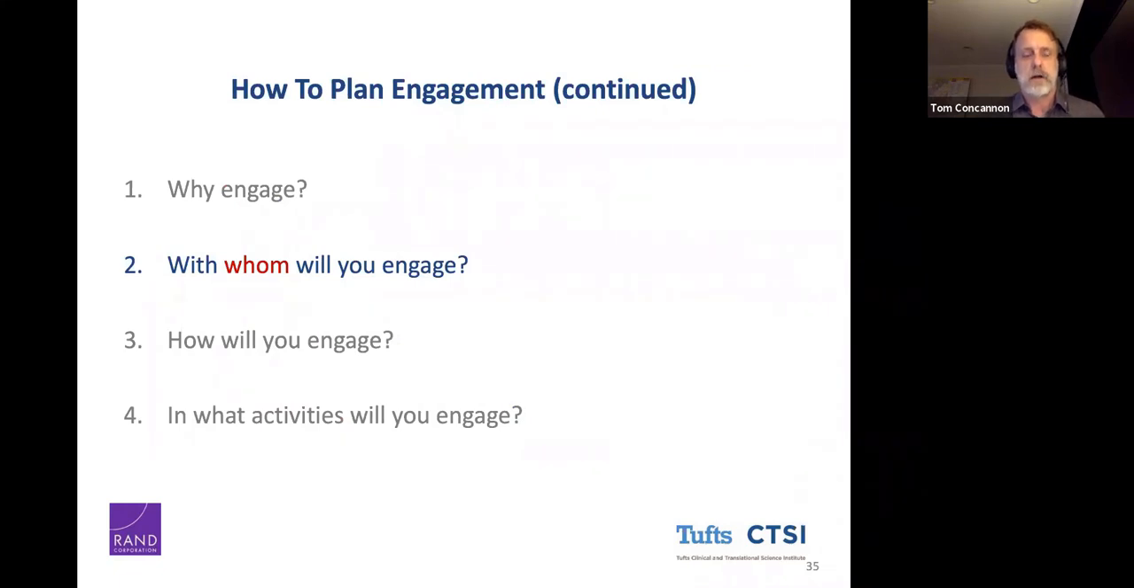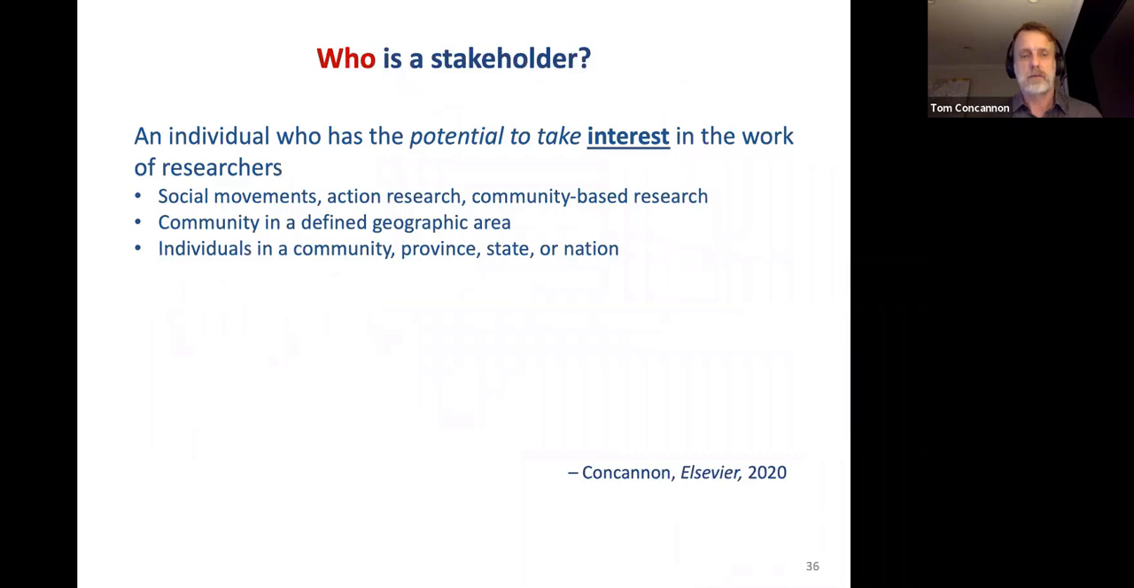The second major step is to figure out with whom we're going to be engaging. And this really should be done systematically. To start with this, we might think about who we mean by stakeholder. What does this term mean? A really popular and widely used definition of stakeholder over decades has been that a stakeholder is any individual who has the potential to take interest in the work of researchers or the work that we do. And these are the paradigms that have called on this kind of stakeholder definition: social movements, action research, community-based participatory research. This definition of stakeholders or communities really focuses on members of a community in a defined geographic area. These are folks who might take an interest in the work of an academic research institution. They are individuals who live in a community or in a province or in a state or in a nation,